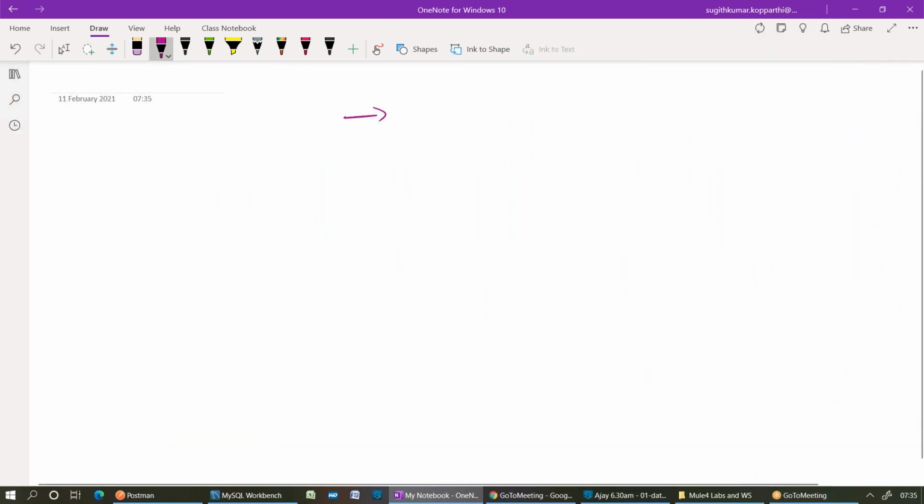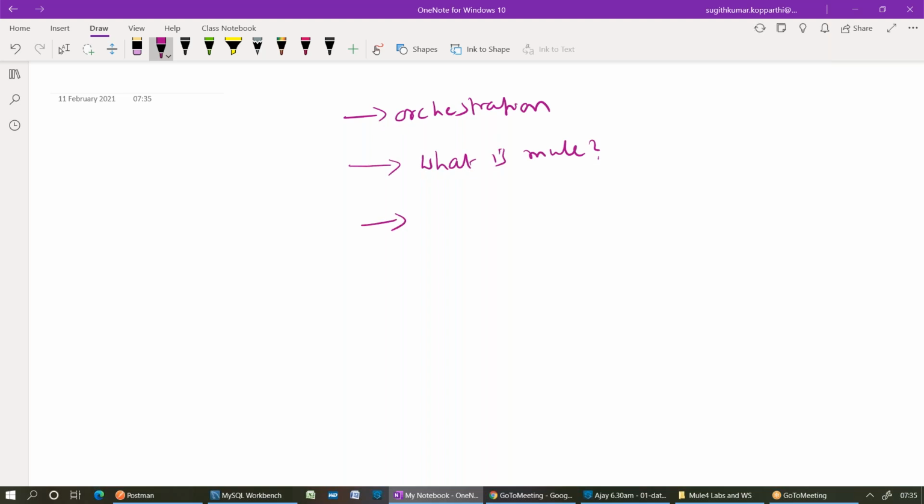So what is an orchestration? In Mule we have a set of XMLs. In that we have flow descriptions. That will be the logic of orchestration.